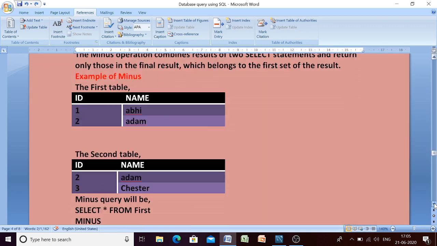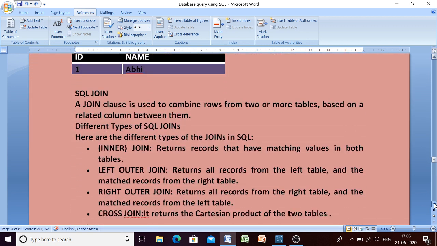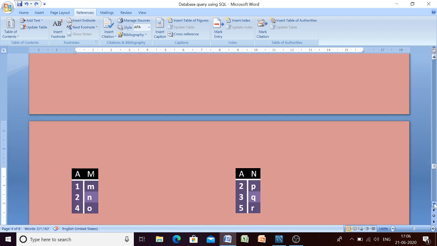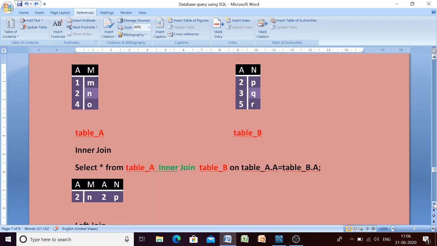Here again one common column should be there, and we have one common column, ID.